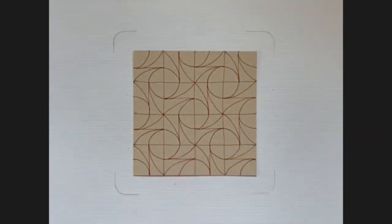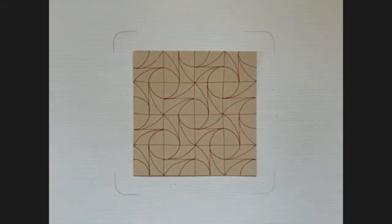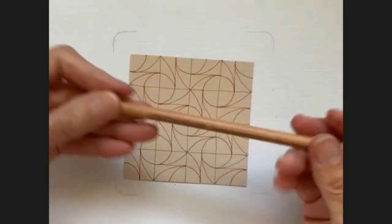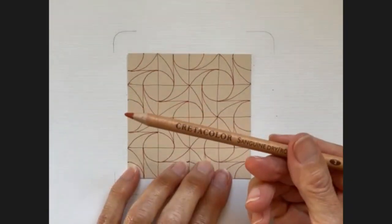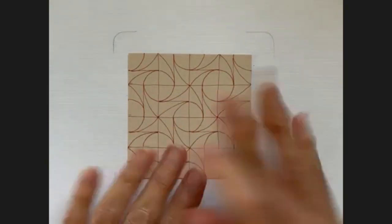For this one, I am going to get a kind of maroonish or brownish graphite pencil, or not graphite, I'm sorry, charcoal pastel pencil. Okay, so for this one, I'm going to try a different color rather than the graphite pencil. This is a pastel pencil, and it's almost the color of the pen. And I'm not going to add any more